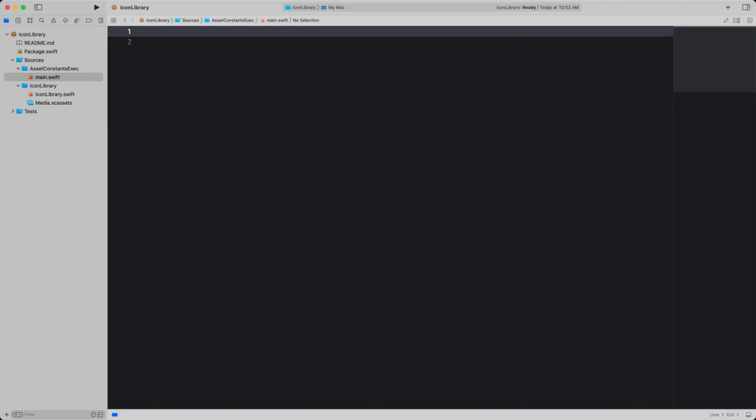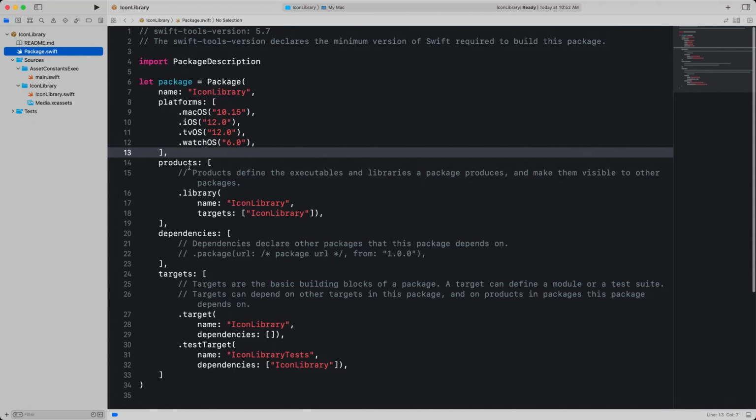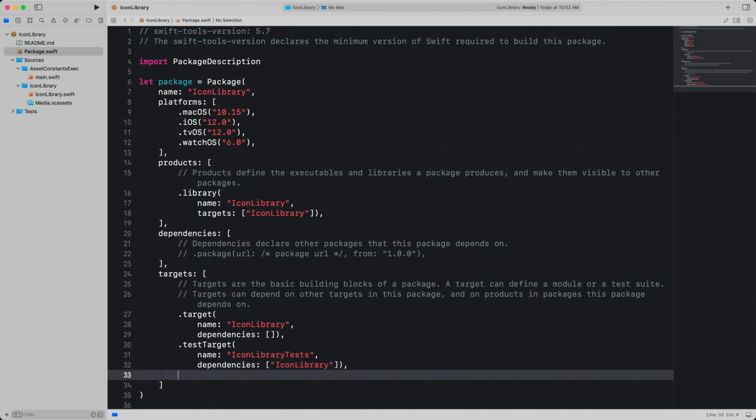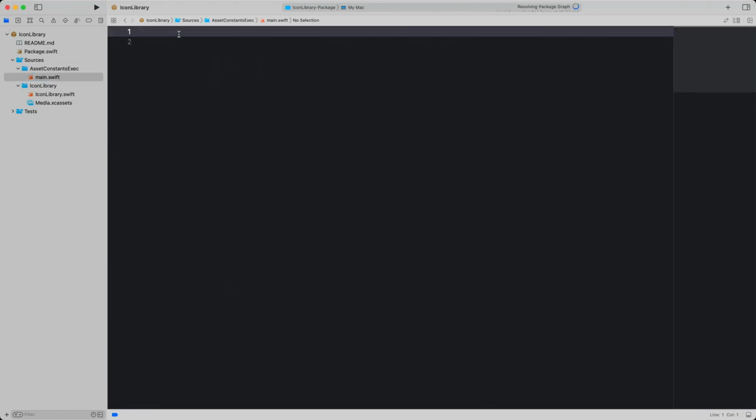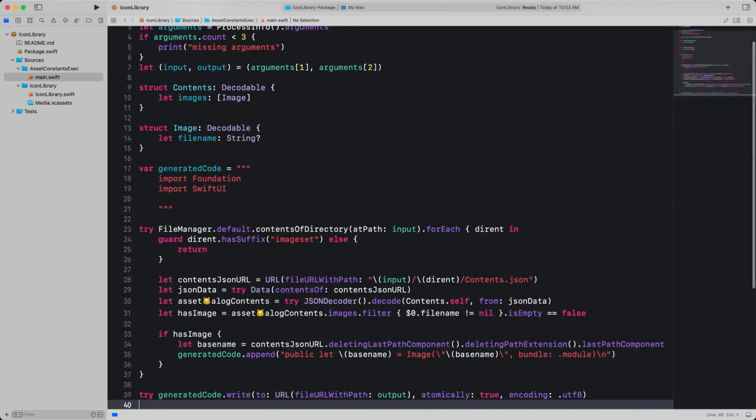Now we have to declare it in the package manifest. And we can add the code we just discussed in its main file. Now that we have an executable that can generate code, we can bring it into the build system using a plugin.